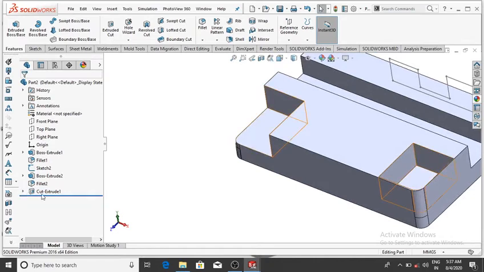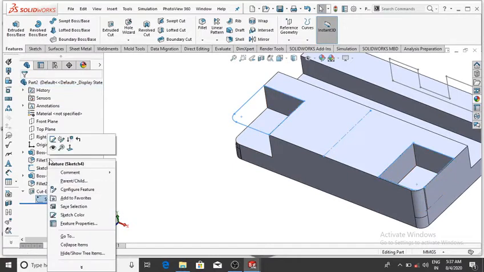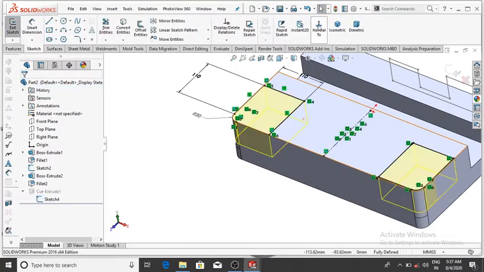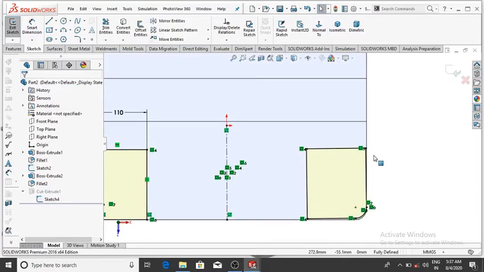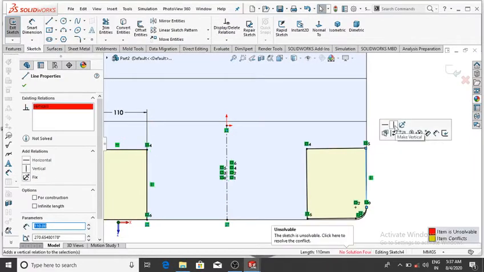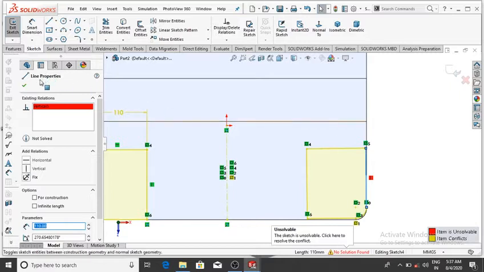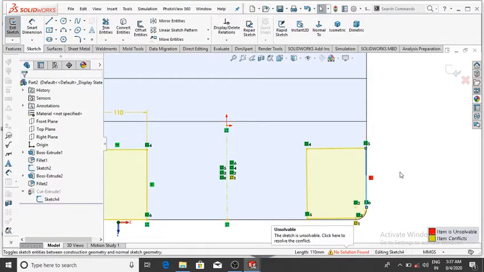Sorry, something is wrong on this sketch, so select sketch, right click, then normal, and this line is not horizontal, make it not vertical, again.